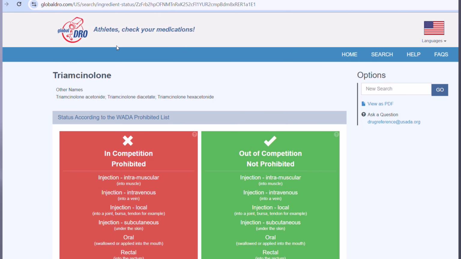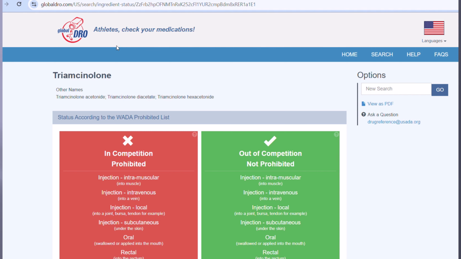The glucocorticoids washout table that's published by WADA is one of those few washout tables that we have to reference for athletes that gives us specific guidance on how long an athlete should stop taking a medication for an in-competition drug.